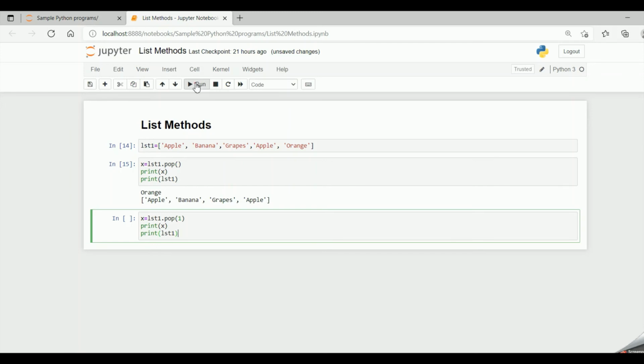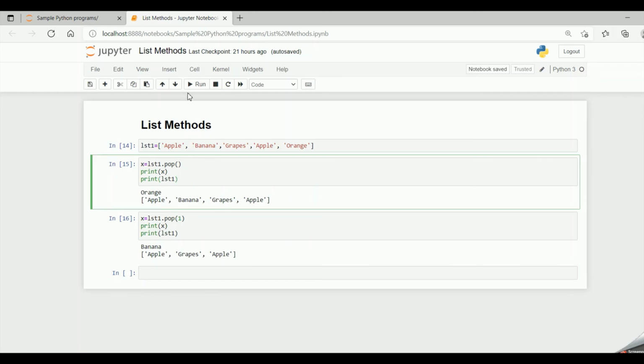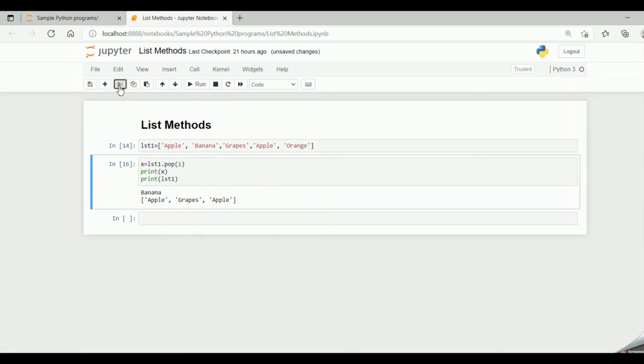So now when I run the code, the first index value has been popped out. Banana is at the first index value. It has been popped out, and after popping out banana, apple, grapes, apple are left. So it's giving these values. Banana has been removed from the list. So this is how the pop functionality works in Python.